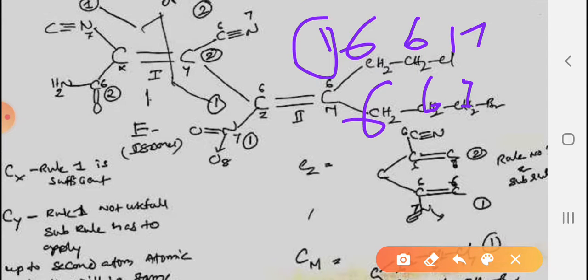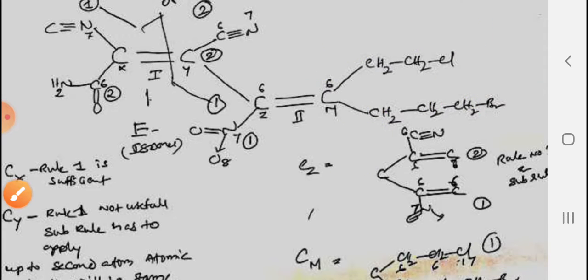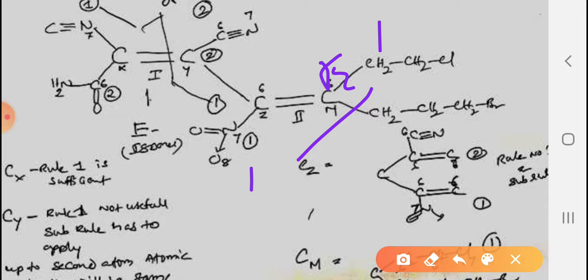Suddenly if you see that bromine is there, one can say they can use the first priority for this, but that is not correct, because we have to go through the chain, one by one from the double bond carbon. So overall here it's 1 and 1 with opposite, E. Overall, in the first case it is E isomer, in the second case it is also E isomer.